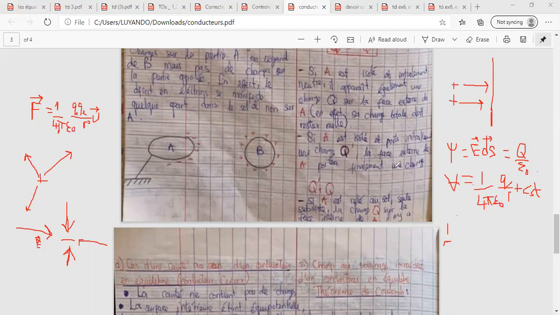If you need help or have questions, I think I sent a PDF in the group for all the 7 topics that I've talked about. I talked about charges, the Coulomb champ, electrostatic, the theorem de Gauss, potential, and conductors. I think I sent it. It's in the group. So if you need more clarity,